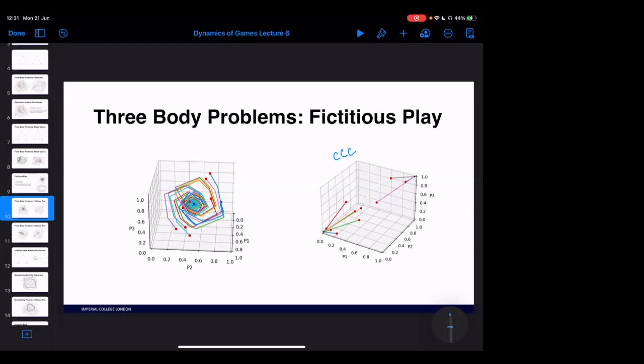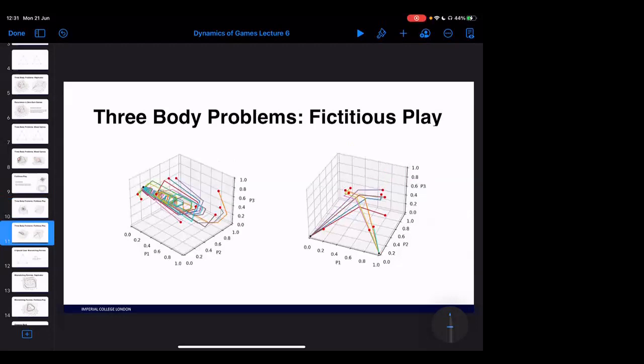But what is more interesting is the mixed cases, where we start to mix zero-sum and coordination games together. Again, throughout the experiments that I've seen, we seem to see that fictitious play is always converging. So if we have a look at which one was this? This was the CCZ game, and this is the ZZC game. ZZC converges down to an equilibrium, nice and simple.